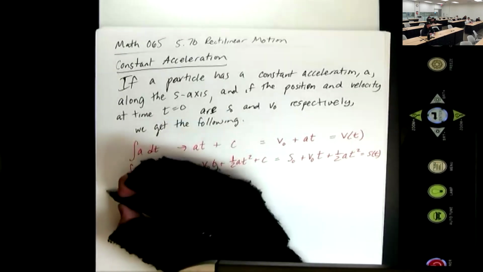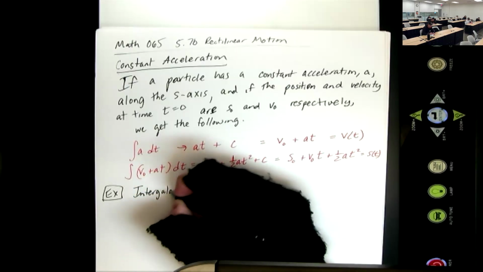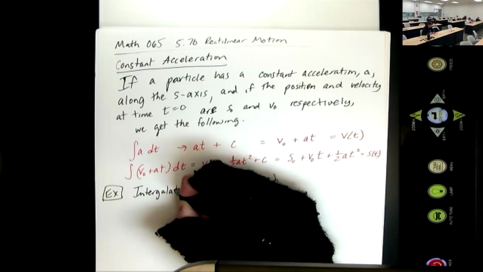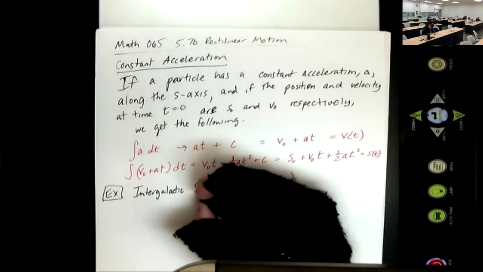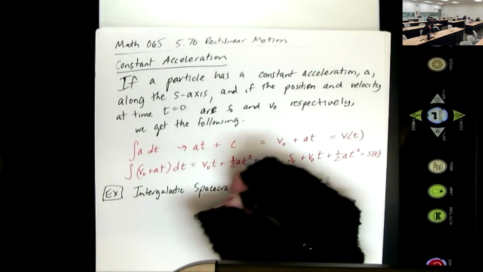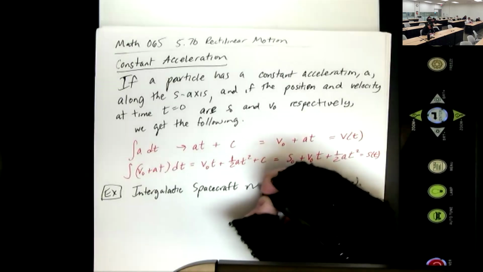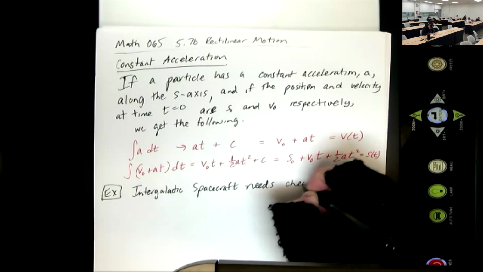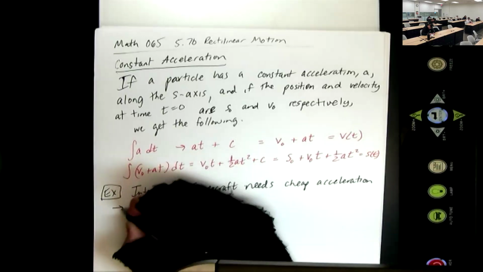So let's just do a couple examples. For an intergalactic spacecraft, well, I don't know that we're going intergalactic yet. Going between galaxies isn't really happening, but this is how it would be. Spacecraft need fuel efficiency, or need a way to accelerate for cheap. Needs cheap acceleration. And that comes in the form of solar sails,